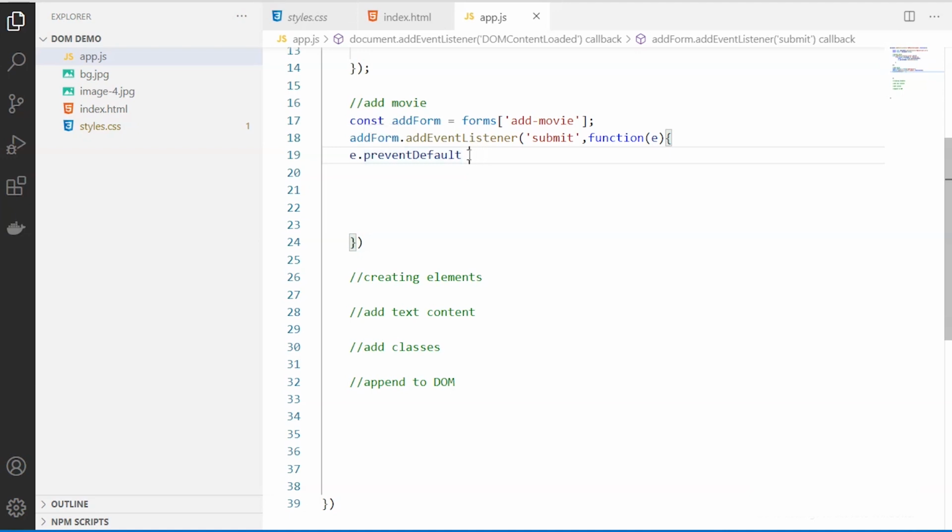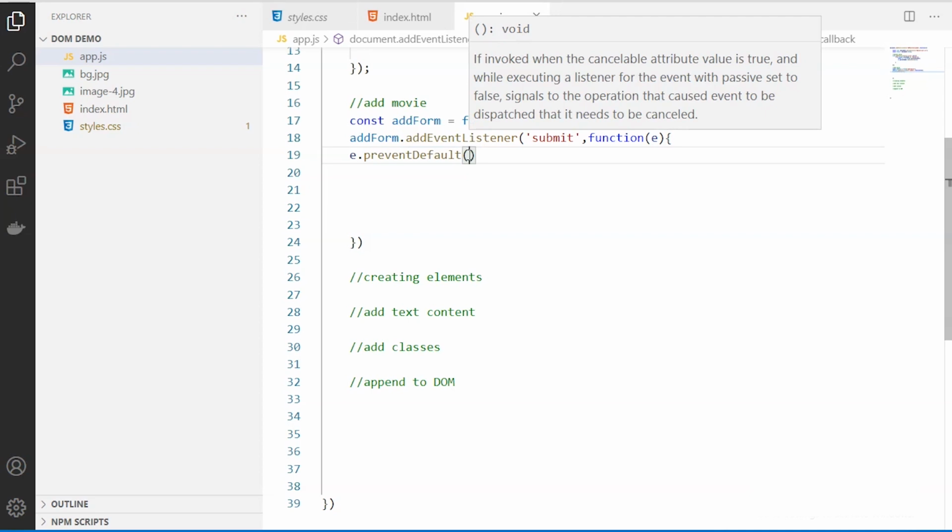Say for instance, when the user clicks on a submit button, it prevents the clicking or submitting of a form, or if there is a click on a hyperlink, it should be prevented.